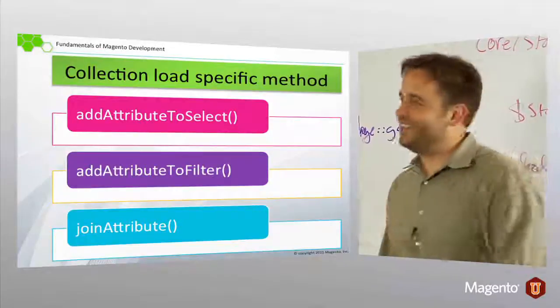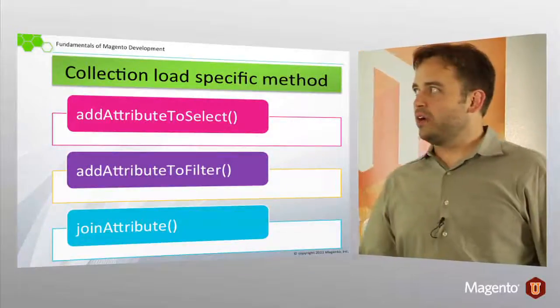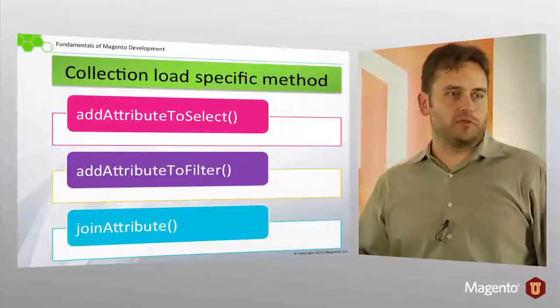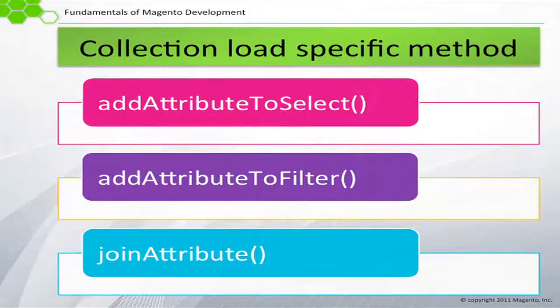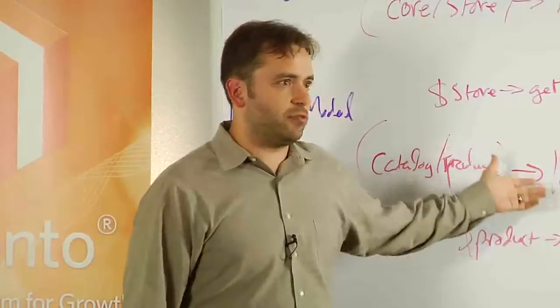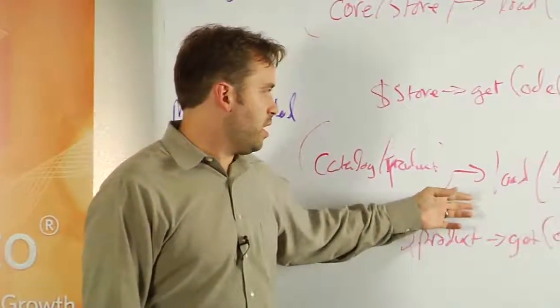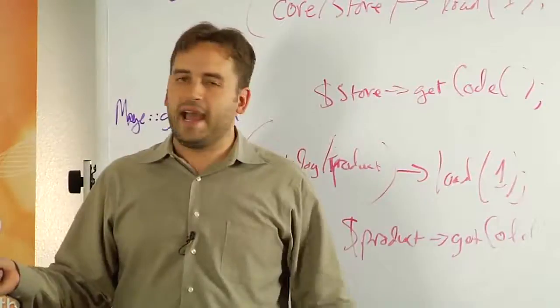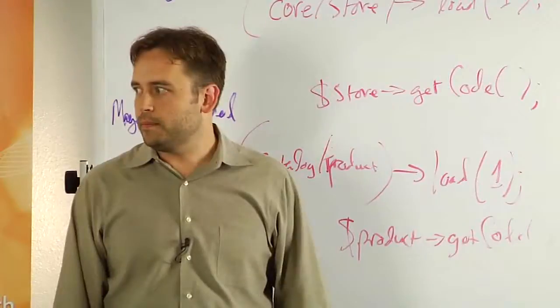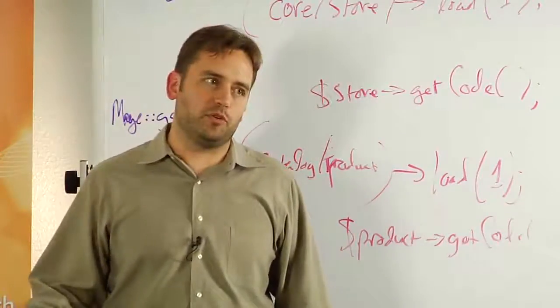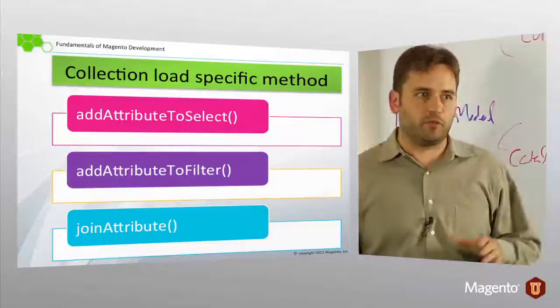Here we simply specify other attributes that we want to gather. Why would we use add attribute to select? Why would we not just load it all the time? Well, calling load is going to trigger our union selects, and if we have several of these, that's going to have a lot more overhead than if we simply add individual attributes that are then passed into the query. And then you can use join attribute in the collection for some more complex join types,